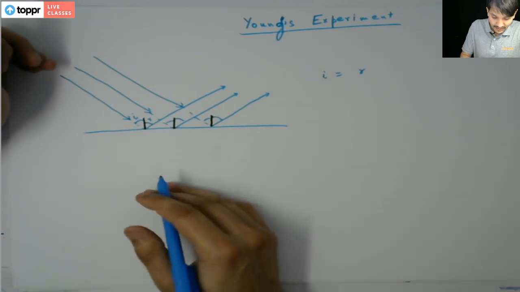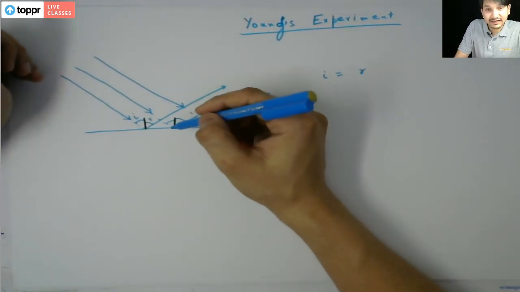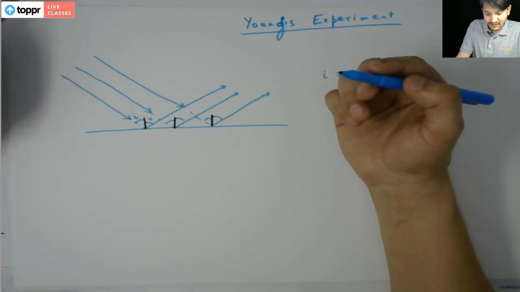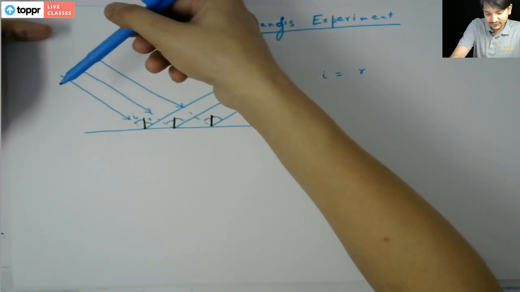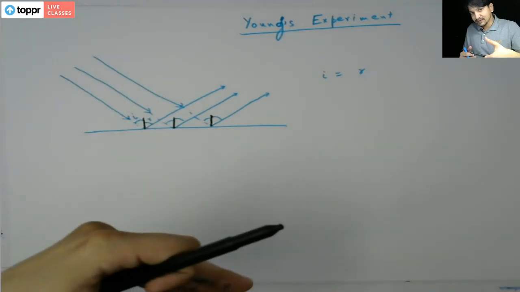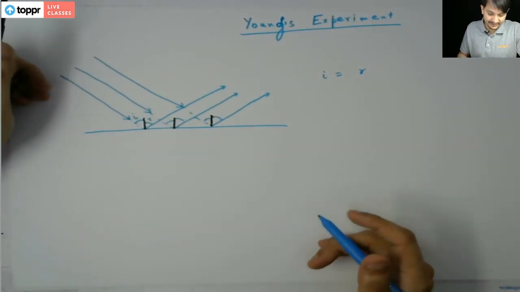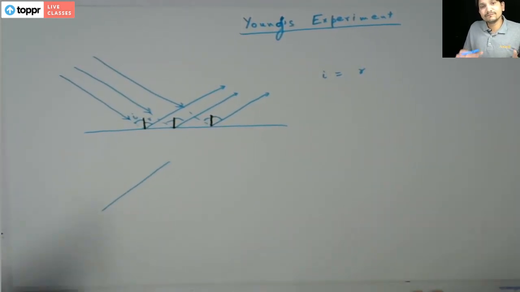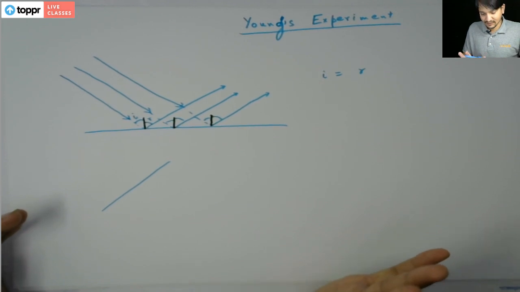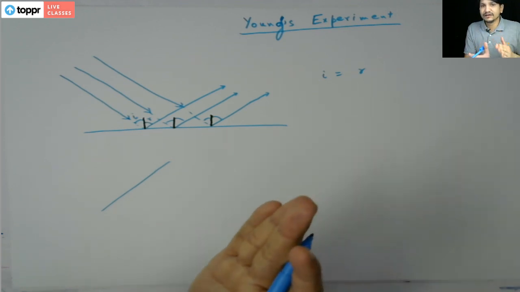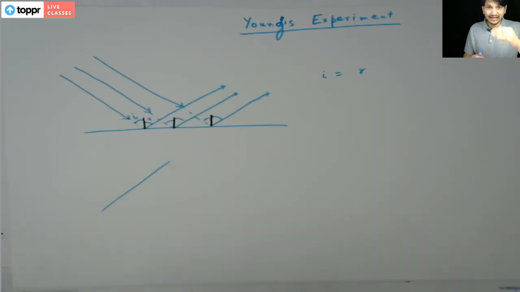So when we are talking about the angle of refraction, angle of incidence and angle of reflection, first we have to consider a parallel beam of light. And when we say it is a parallel beam of light, how will the wavefront look? The wavefront would look like a flat surface. Why a flat surface? Because the wavefront is always perpendicular to the wave propagation, and a parallel beam of light would have a flat surface